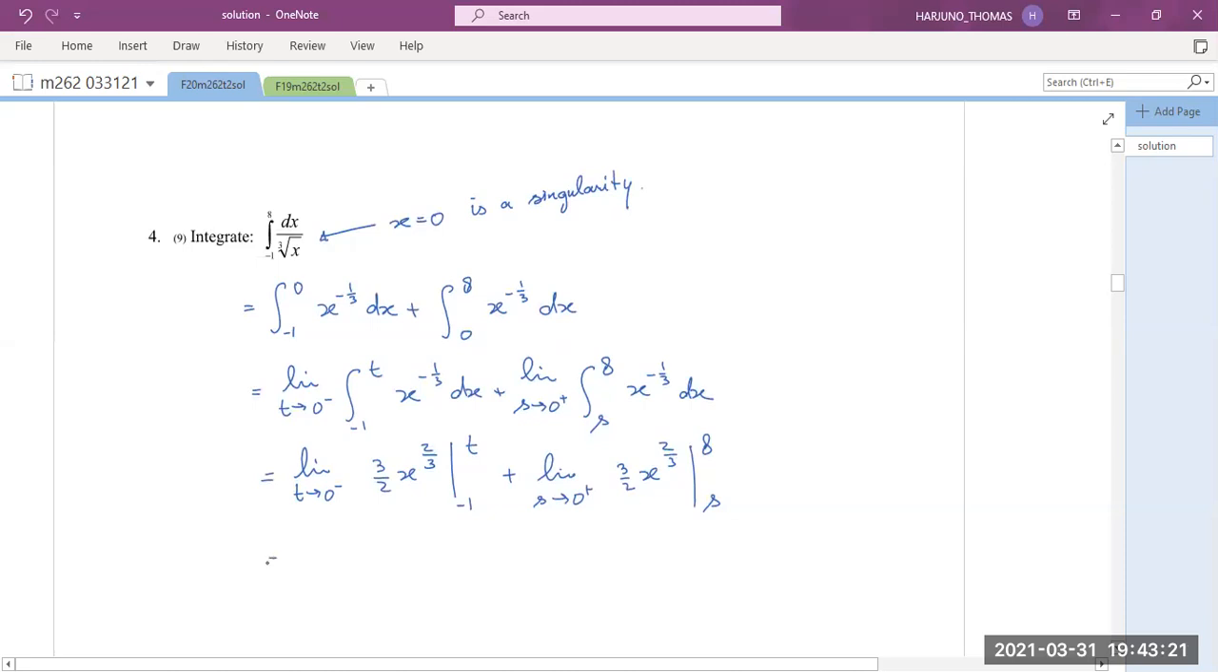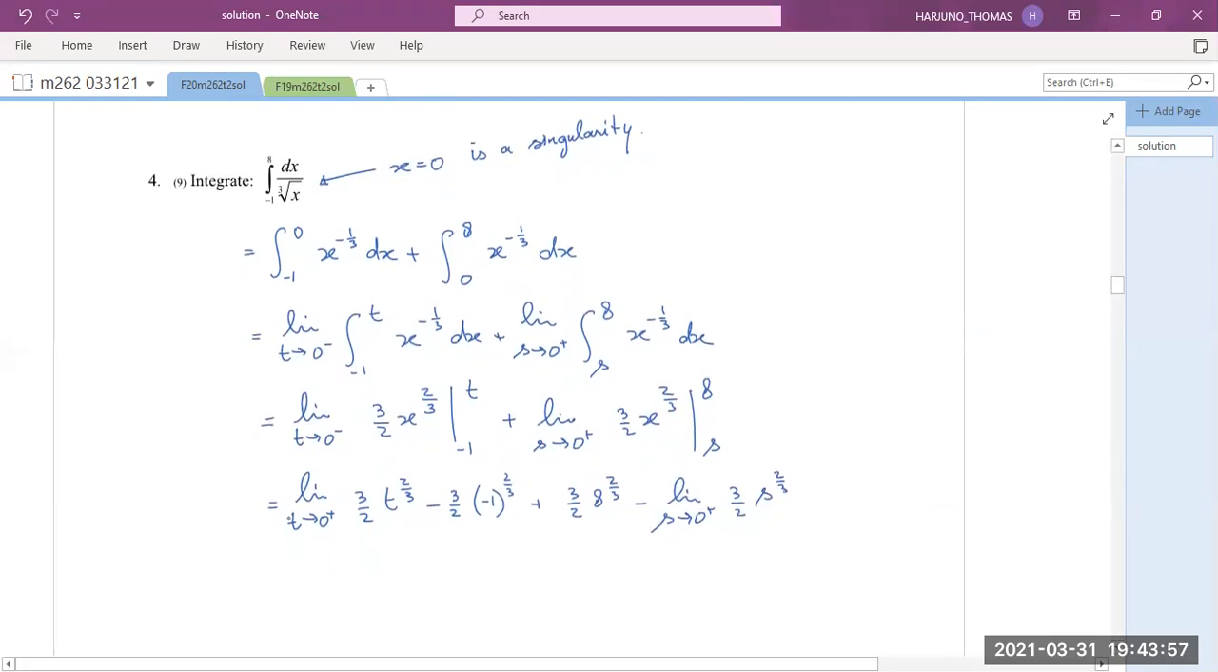Then from here, let me plug the t into the x first. So that will be 3/2 t to the power of 2/3 minus 3/2. I write it down. Plus 3/2 times 8 to the power of 2/3 minus the limit as s goes to 0 from the positive side of 3/2 s to the power of 2/3. Okay, now the first term here is 0. This is 3/2 plus